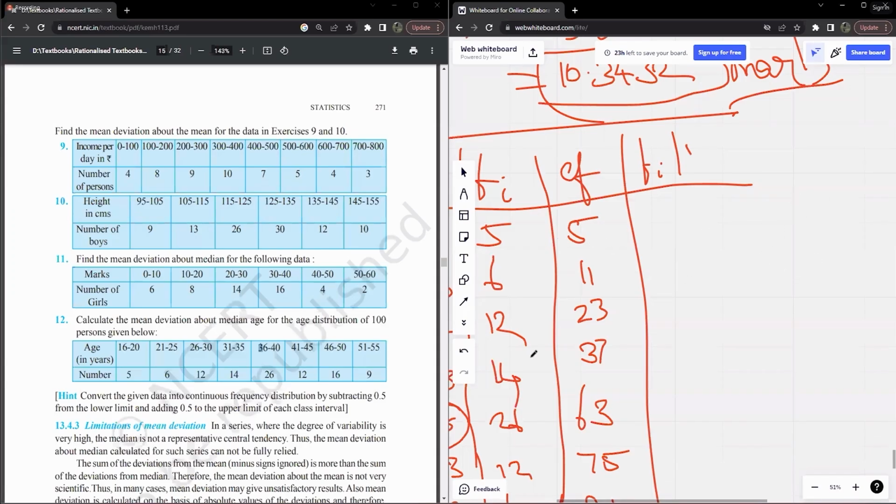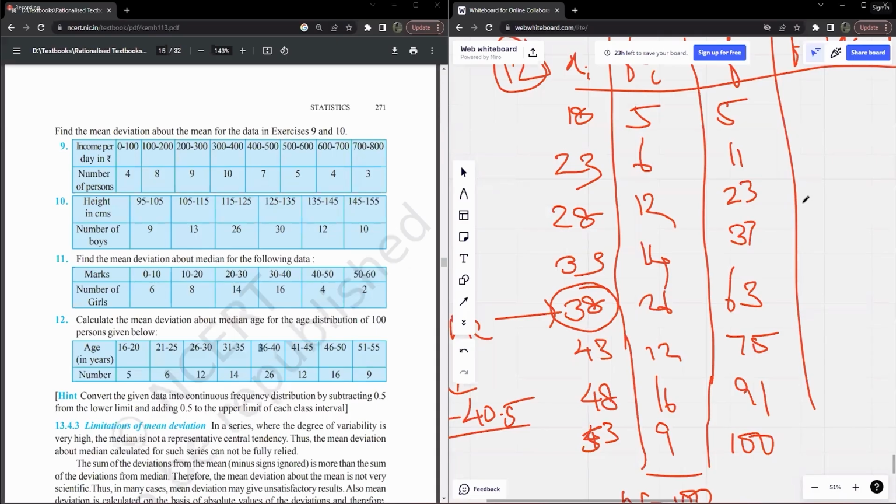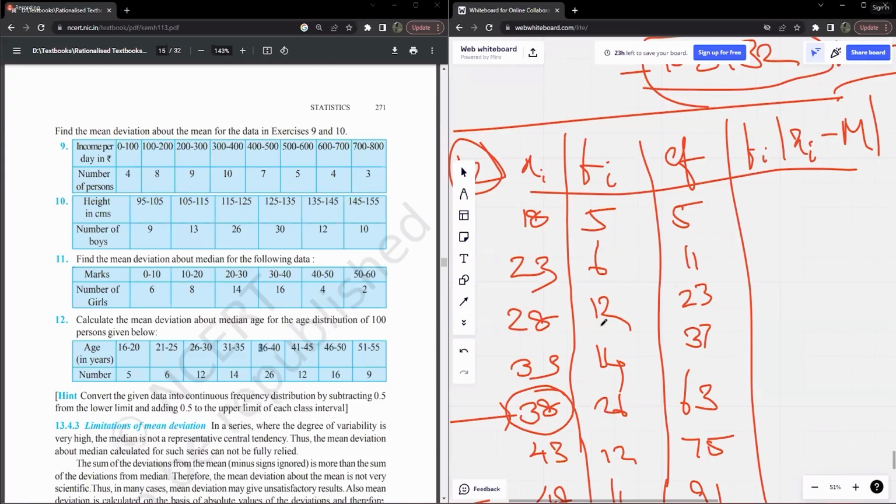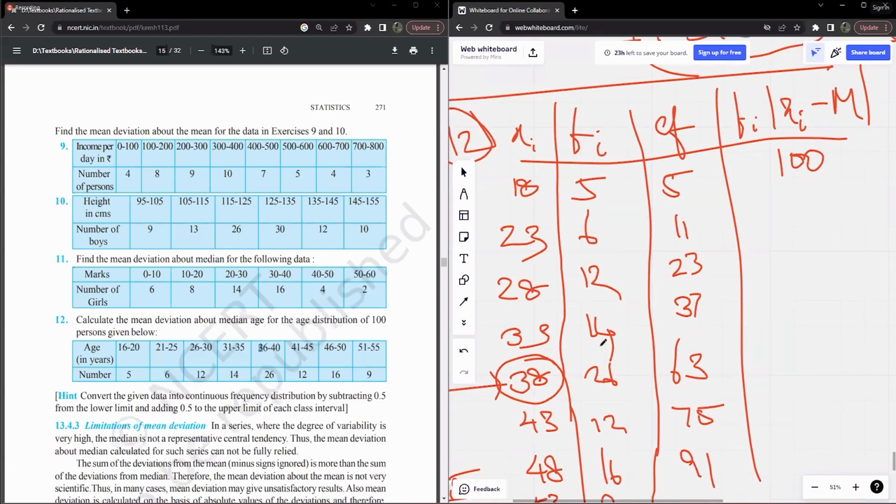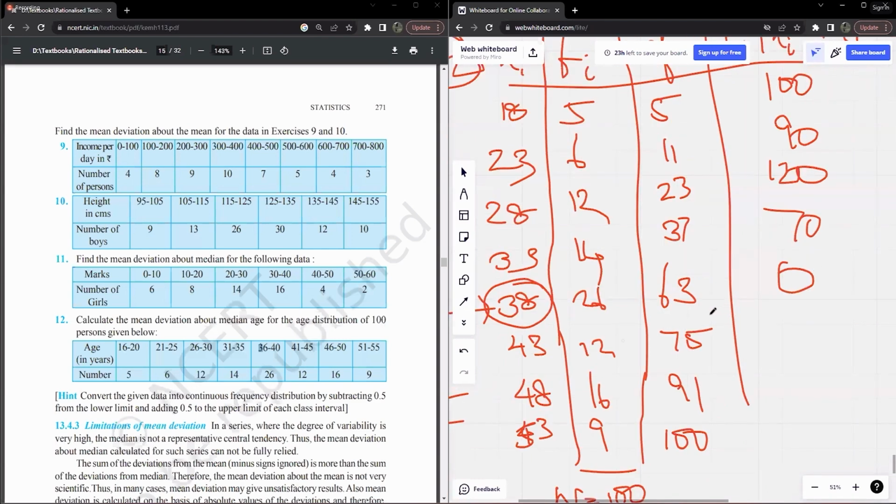Then you have 6 into 15, that is going to be 90. You have 12 into 10, that is going to be 120. You have 14 times 5, that is going to be 70. You have 26 times 0, that is a 0. You have 12 times 5, that's 60. 16 times 10, that's 160. And then 9 times 15, that is 135. The summation of which is going to give me,